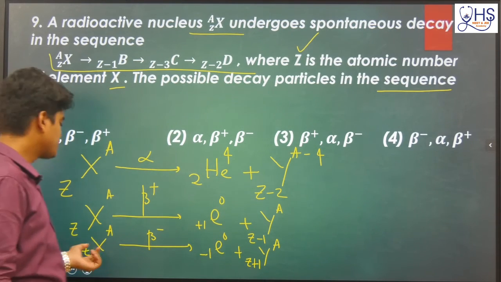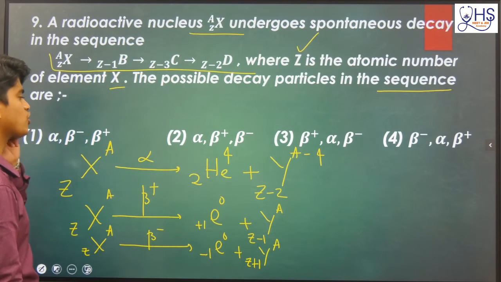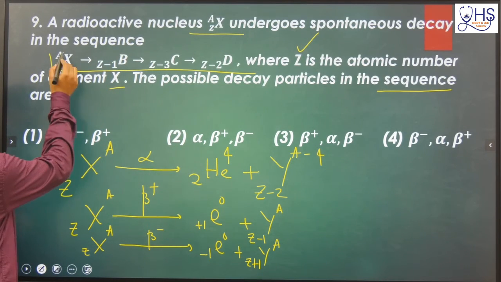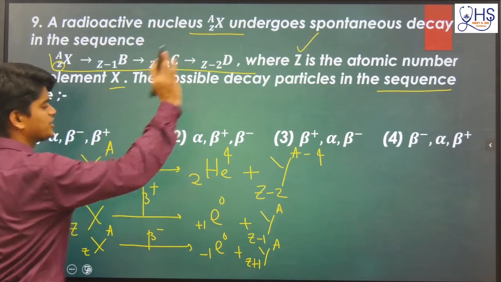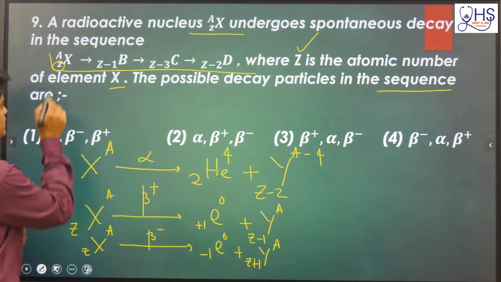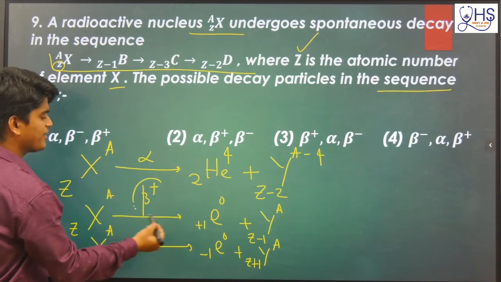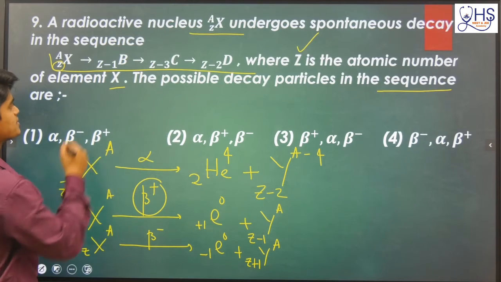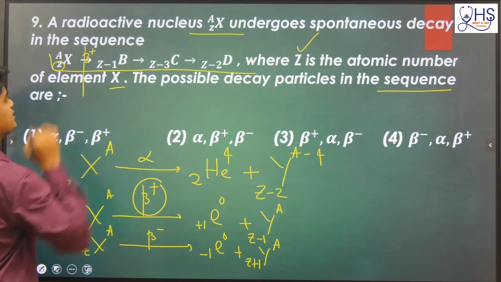So now charge conservation happened. So this is the process, if you remember, then immediately you can solve here. Now try to tell me here. Now here, if X, here you see atomic number, you focus, because here mass numbers are nothing given. Now here if Z to Z minus 1 is happening, in which case is it happening? That is happening in the beta positive case. So definitely it will be beta positive emitting here.